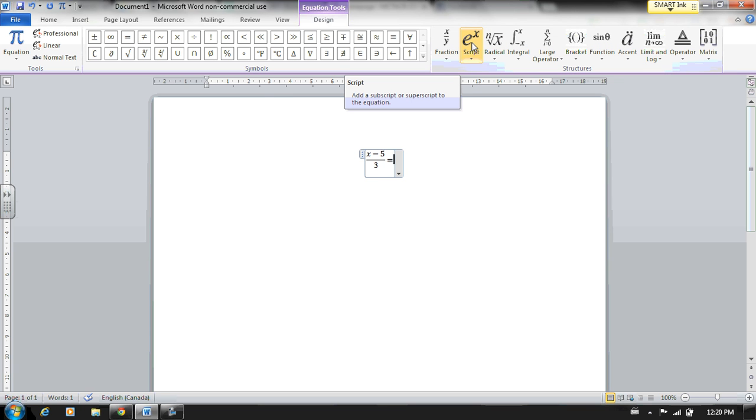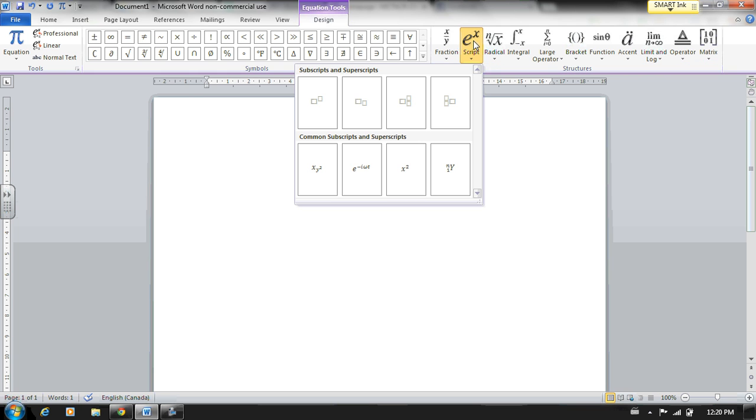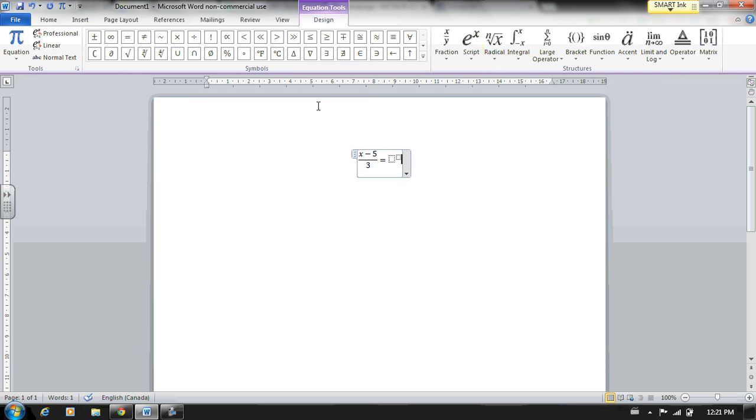let's say now I want to do something that has an exponent. So this script, you see e to the x, that's going to give me an exponential. So I open that, and I'm going to select the first one. So when I do that, once again, I'm going to use my arrows to go over. And then let's say I want to put in x to the power of 3. Then I'm going to continue plus